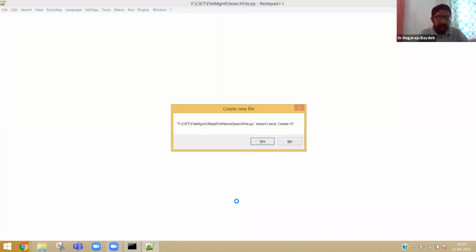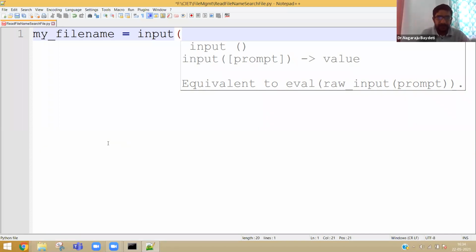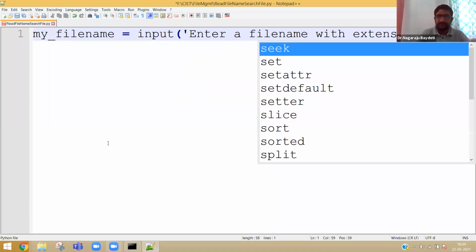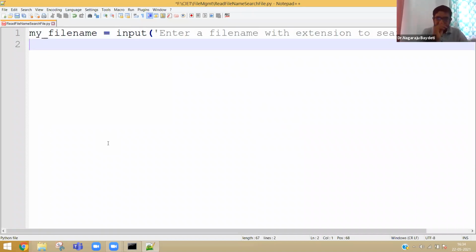From where do we have to read? From the user. How to read from the user? It's very simple, no? So I can say, for example, my file name is equal to, ask the user to give the file name. Enter a file name with extension to search. Why? Because the extension is also important. If you don't give the extension, then you will not get the expected outcome. Okay.